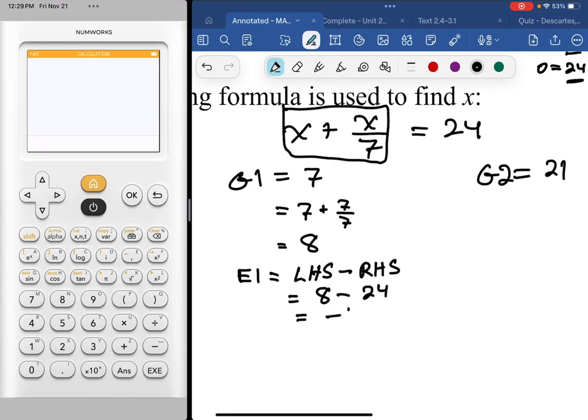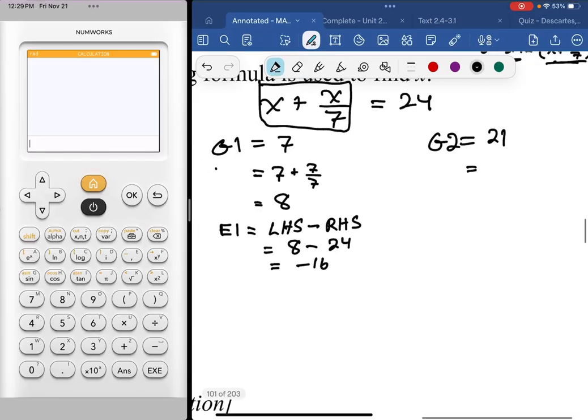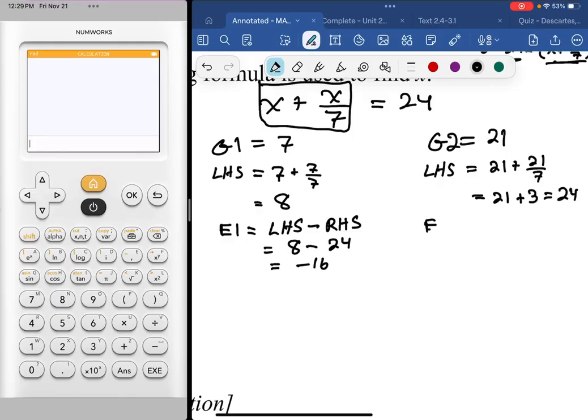So my E1 is going to be negative 16. For my second guess, my left-hand side is going to be 21 plus 21 over 7, which is 21 plus 3, which is 24. So my second error would be